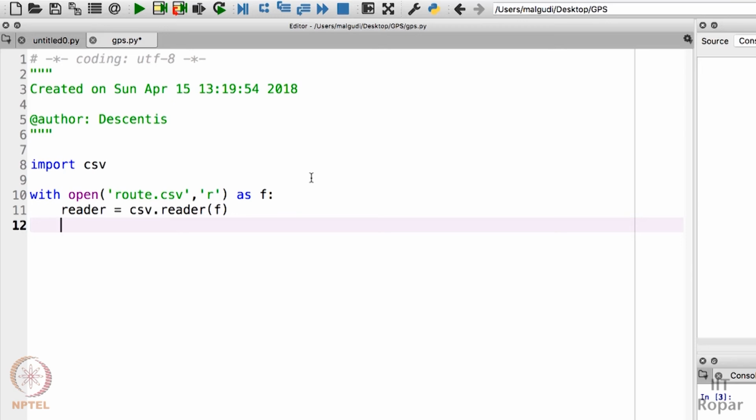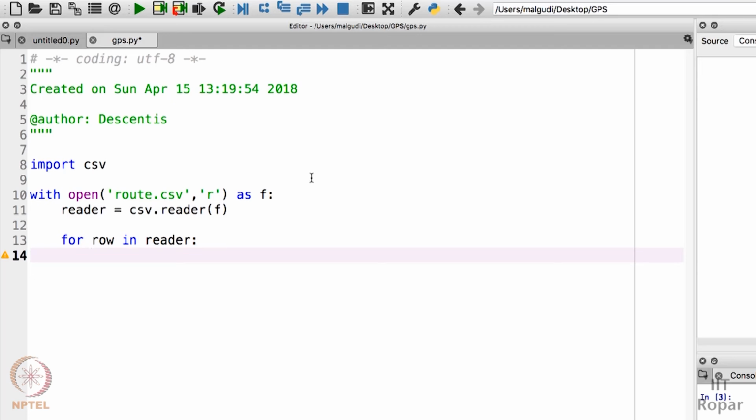So I will iterate over it using a loop: for row in reader. Now row will contain a list, so each item of this list will be a value separated by a comma. The first will be the first value, the second will be the second value after the comma, the third will be the third value after the comma, like this, in string.